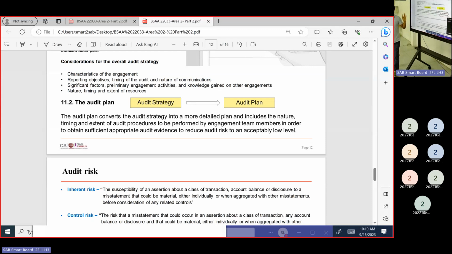What's audit risk? Giving an intellectual opinion. Basically, we discussed last week what risk is: risk is the deviation from the expectation. What's our expectation as auditor? Issuing a correct audit opinion. What's the risk? Issuing an incorrect audit opinion. So we issue a clean opinion, but there are serious material misstatements in the audit. That is the audit risk.